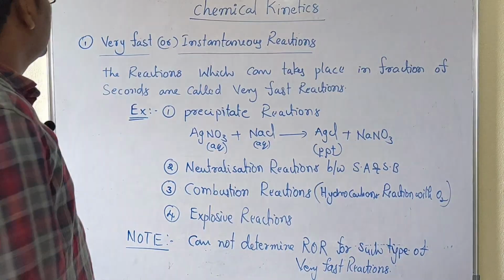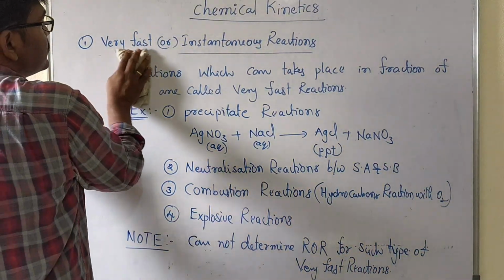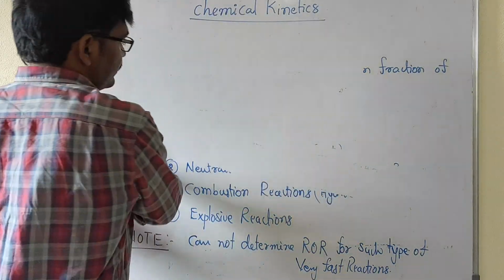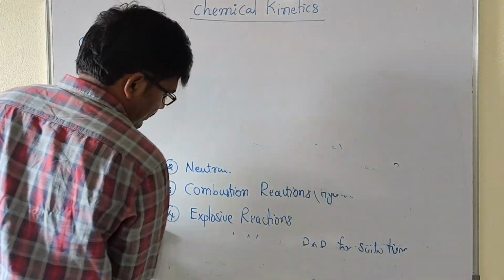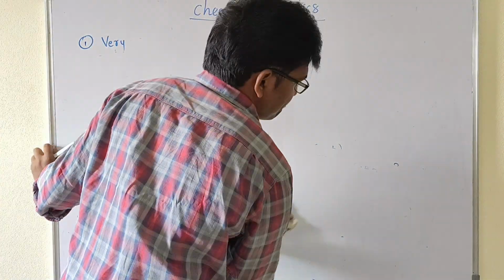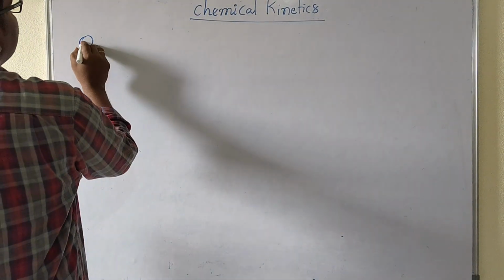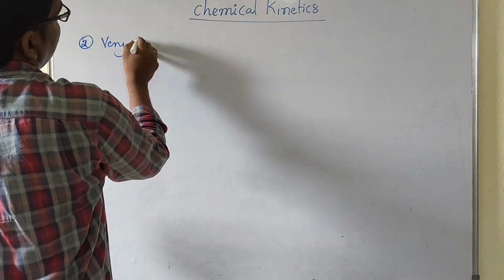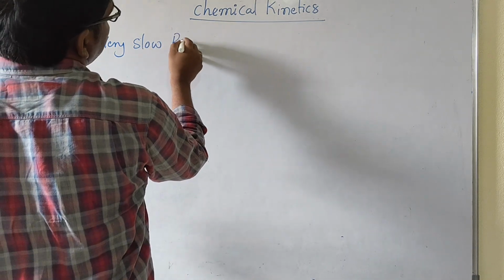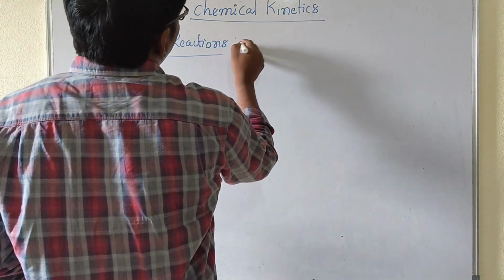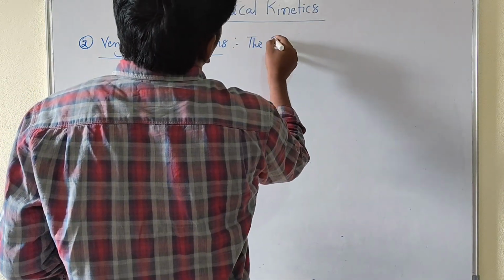Next reactions are very slow reactions. Slow reactions: what are those that we have to discuss? Second one, very slow reactions. The reactions which can take place